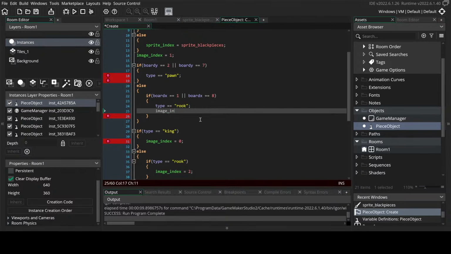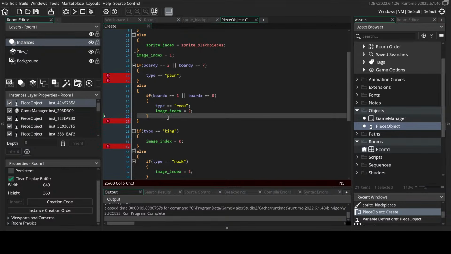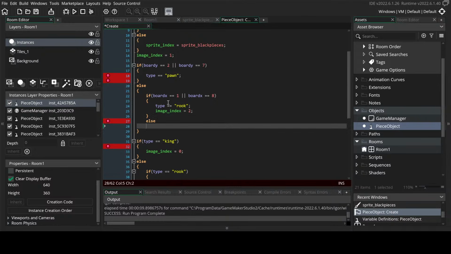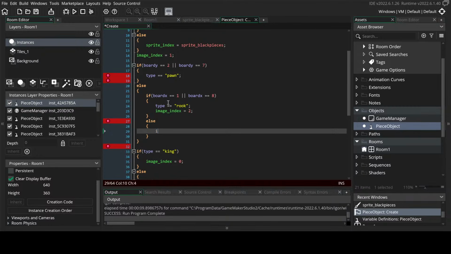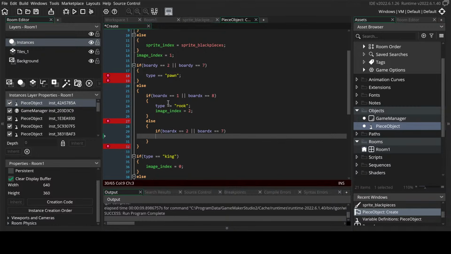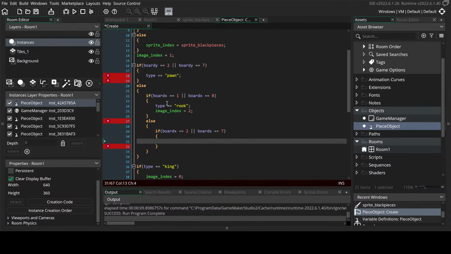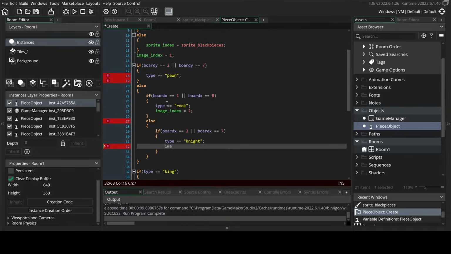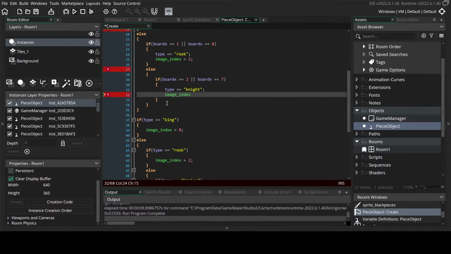And image index equals 2. Then again, we'll do the nested if else statements. If board X equals 2 or board X equals 7, type equals knight. Image index equals